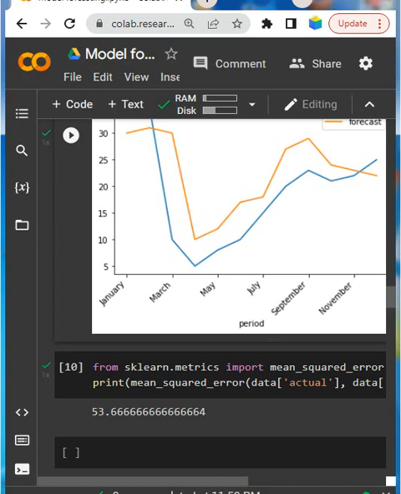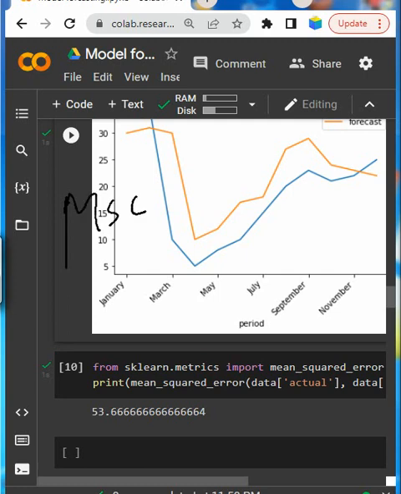We can take the error per row of data and square those errors, then take an average. Let me try to write it here.